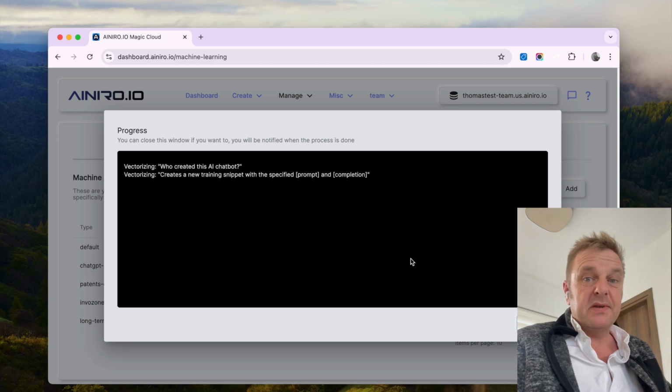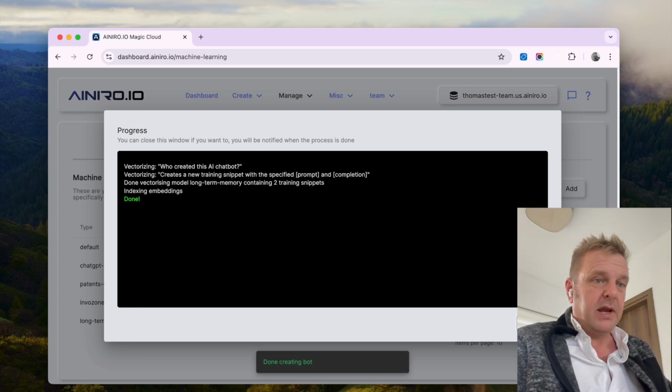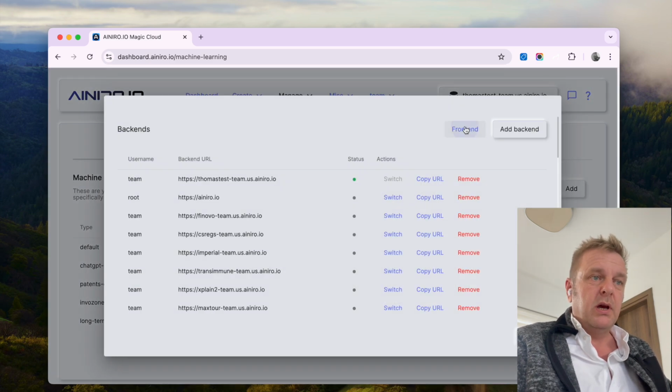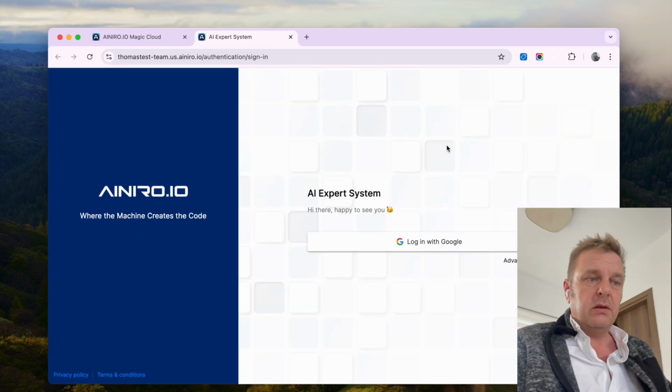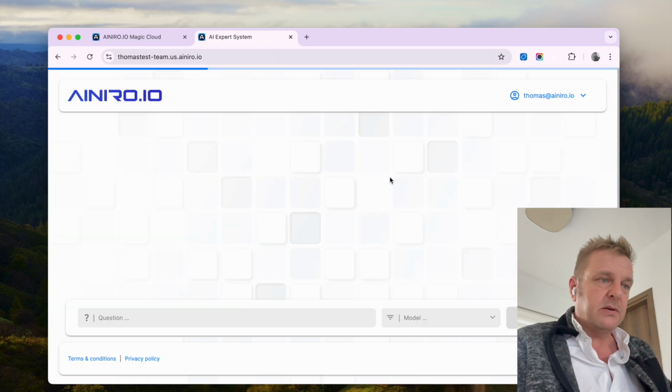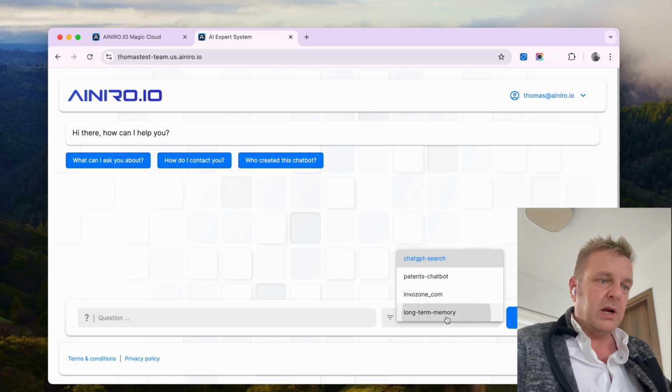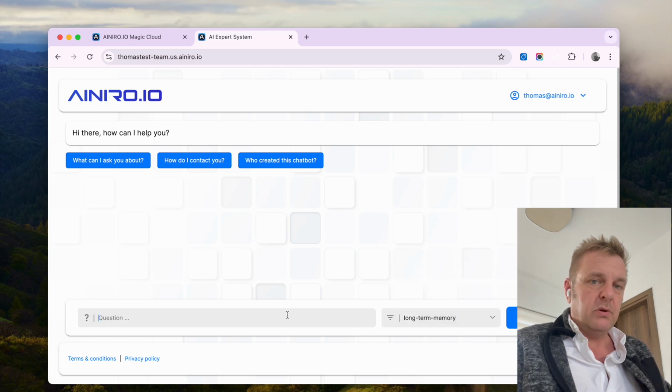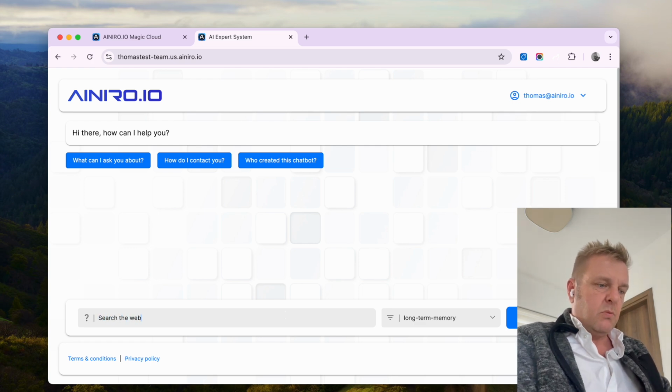Now, when this process is done, I basically have an AI chatbot with long-term memory. And I can try it out by going to the front end, at which point I can log in using SSO and OpenID Connect. I can choose my long-term memory AI chatbot here. And now I can ask it to, for instance, search the web for hyperlambda Thomas Hansen and create a 2-paragraph